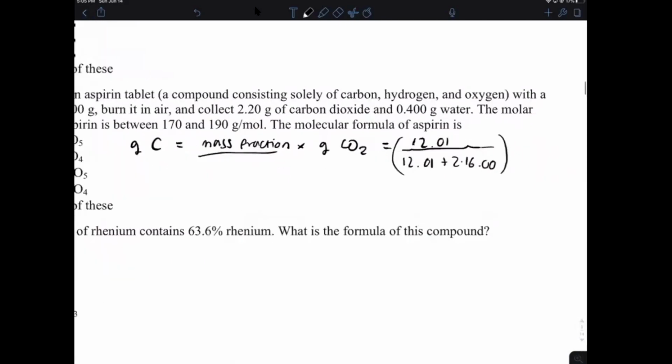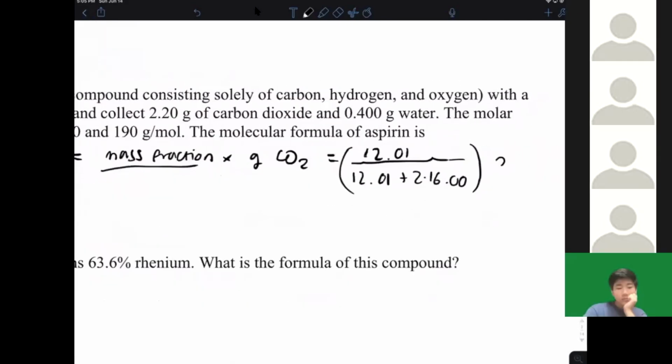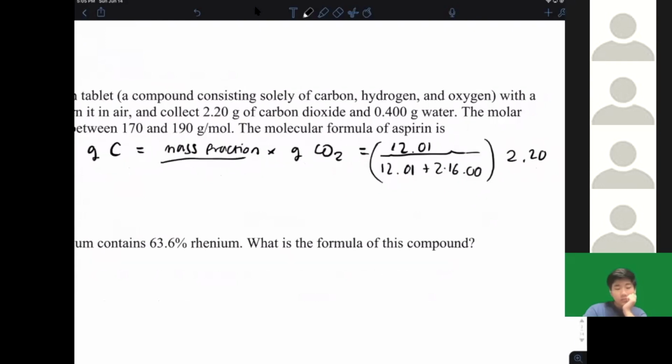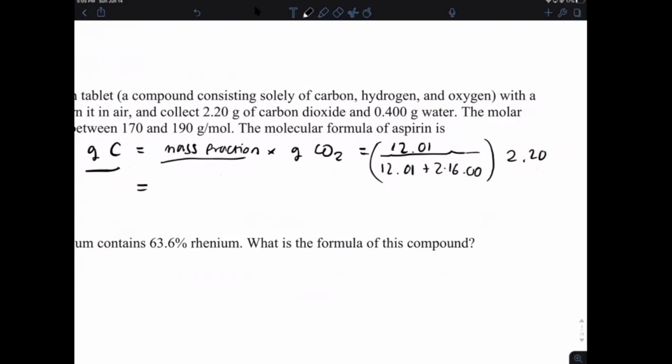And I think we have 2.20 grams. Okay, so from there, we can calculate how many grams of just carbon we have. If you put that in a calculator, I think you get around 0.6